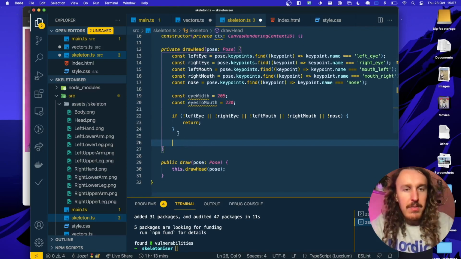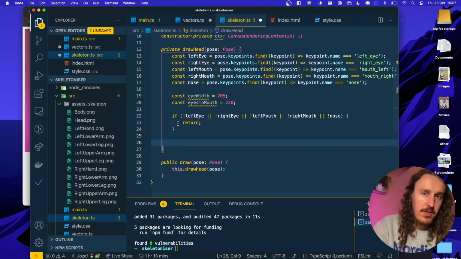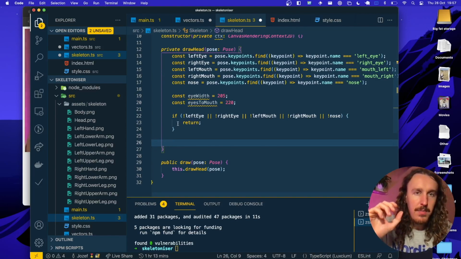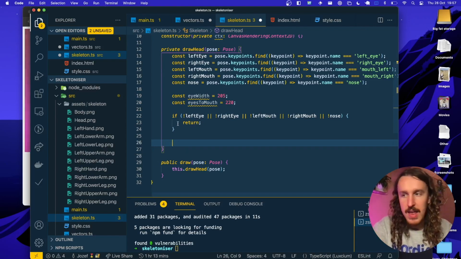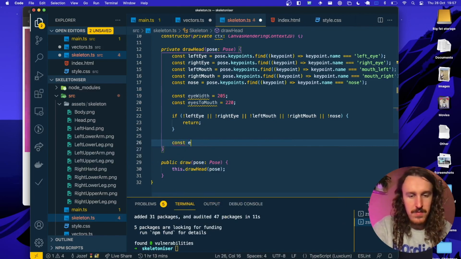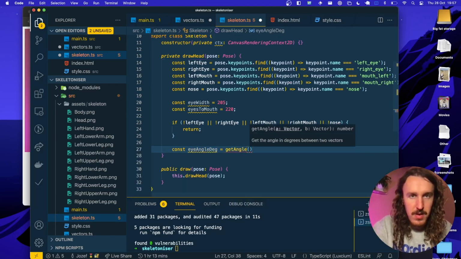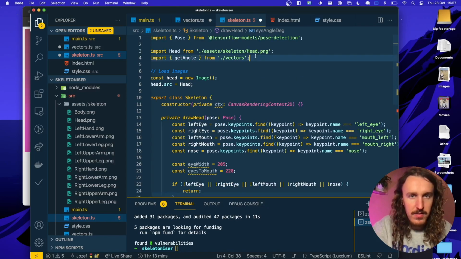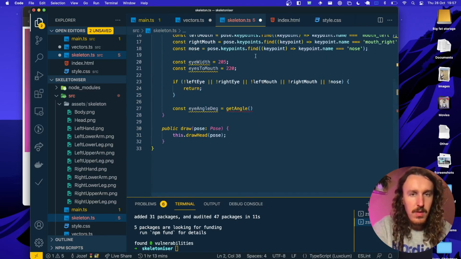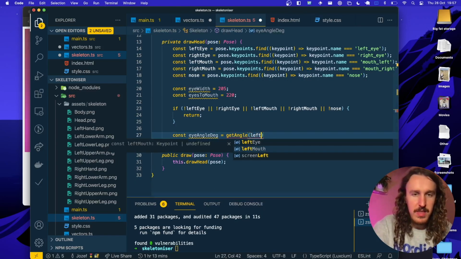So now we're going to be able to use our vector functions to do the math that we need to correctly position the image onto my head. So let's create a few more constants. The first one's going to be called eye angle degrees. And we're going to use the get angle helper function that we created. I should have imported that. Let's just move it up here. Like that. And we want to pass it the left eye